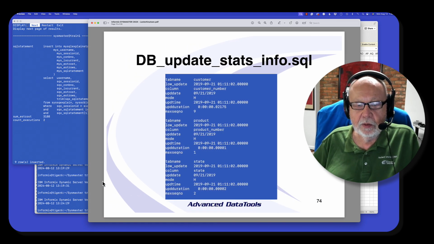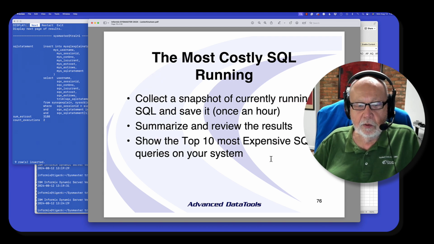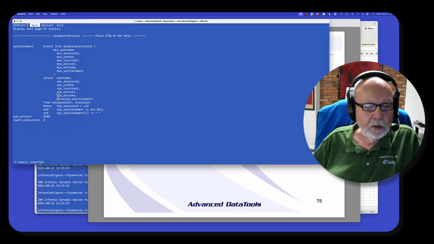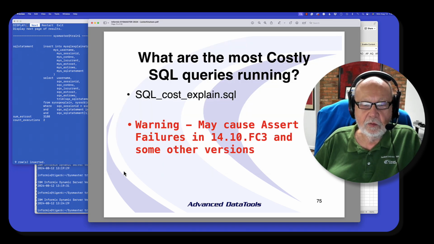Now, there have been some instances, 14.10 FC3 is one, where this may cause a cert failure. And that's because it's using an undocumented system table, syscontrolblocklist, to get some data. And there may be a problem in some releases with that table. So just a caveat, test this on a development database with the version you have